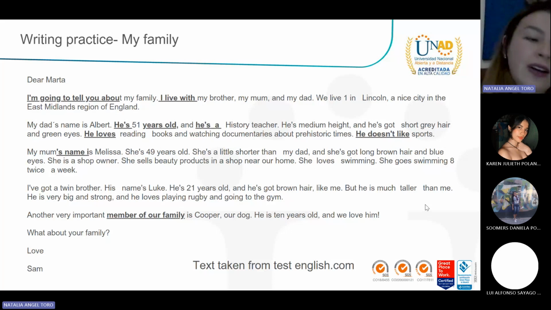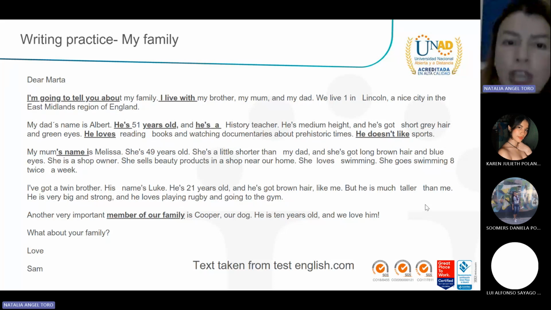So the idea of these classes, for example, writing classes, writing section, is not only to learn English and practice English, but also be aware or be conscious about those tips that could help us to express better our